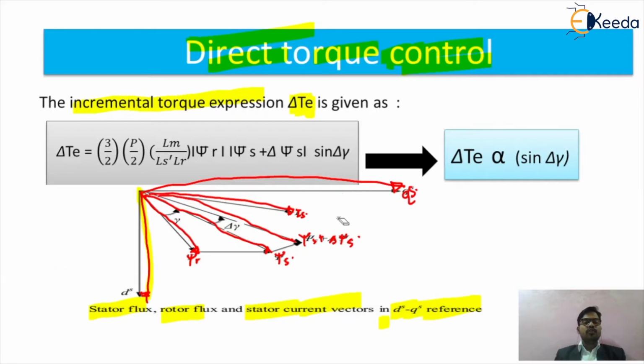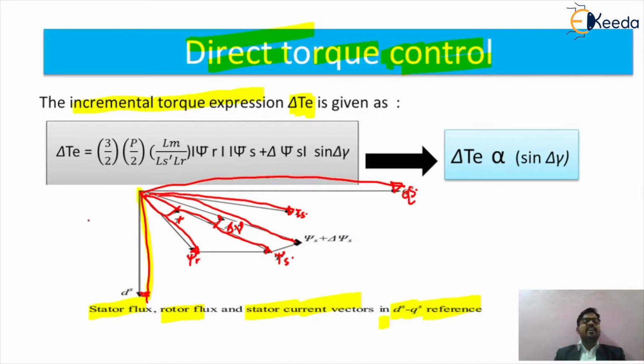I can show you this by means of these different quantities. This phasor will show you the value of your psi s plus change in psi s by means of the changing of this quantity. So we are getting the angle which is called the gamma angle. From that, this will be the first angle I can show you. This will be the angle which is called gamma, and this will be the change in the gamma angle, because we are changing the value of this gamma angle by means of a small deviation.